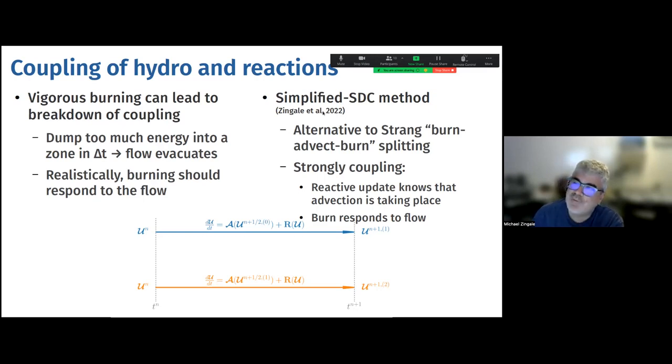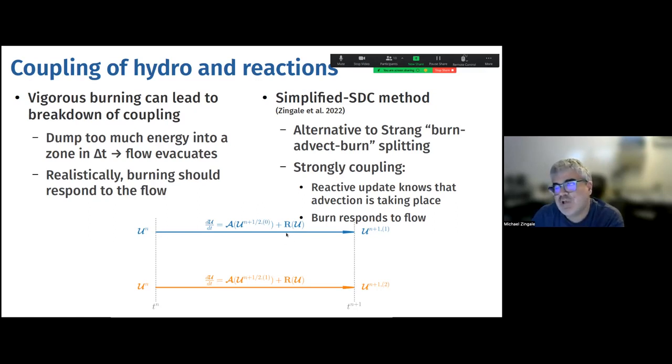And then we've come up with a simplified method, because that method was complicated, more recently, that strongly couples reactions and hydrodynamics. And when we're reacting, we're actually solving an evolution equation where the reactions see the advection. There's a little bit more expense, at least on paper, in that we have to do it twice. We have a predictor-corrector formalism. But the fact that you include advection while you're doing the reactive system means that you actually help alleviate some of the stiffness from the reaction integration,